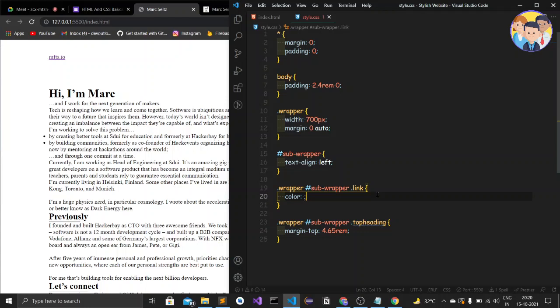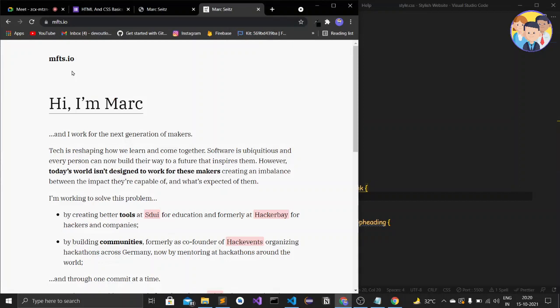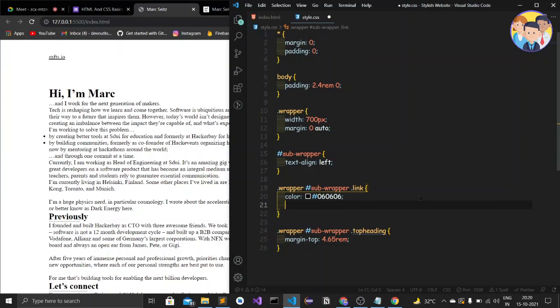Okay, so this link color has been changed, and I want to remove this underline decoration. Okay, and I want to add the underline decoration as we hover. So to do that we will just come here in the next line and type text decoration, text decoration none, in the link. So when I save it, the text decoration has gone.